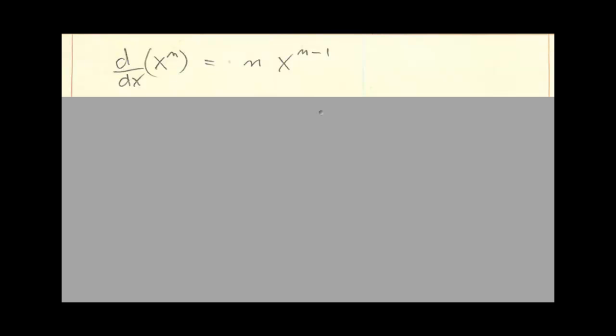Proof of the power rule for integers. The power rule is the rule that tells you how to differentiate x to a power. In this case, the proof is for integer powers, not for fractional powers or decimal powers. So the rule says that the derivative of x to the n is n times x to the n minus